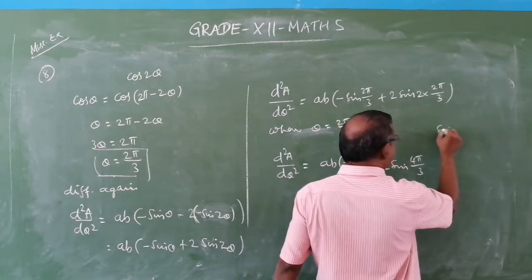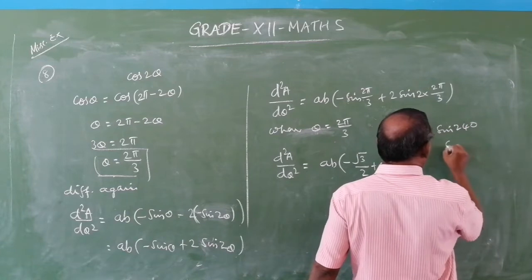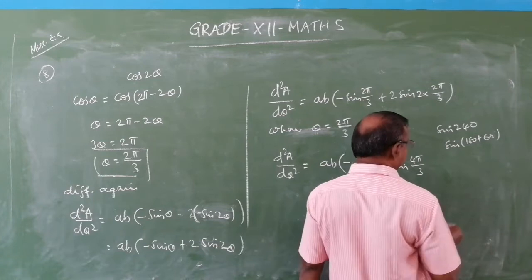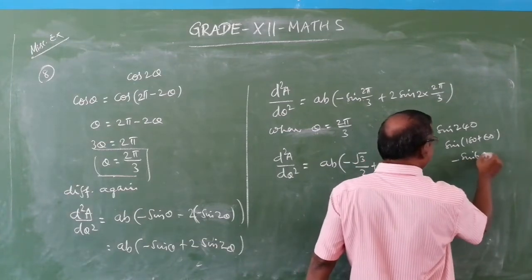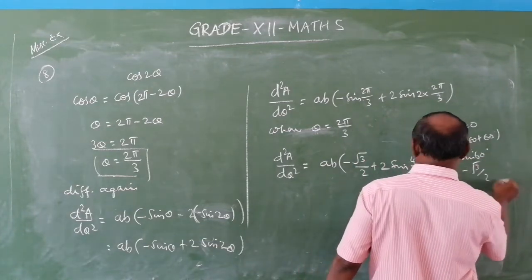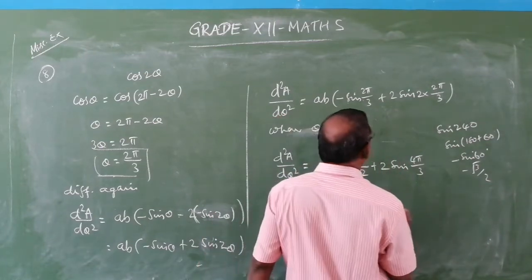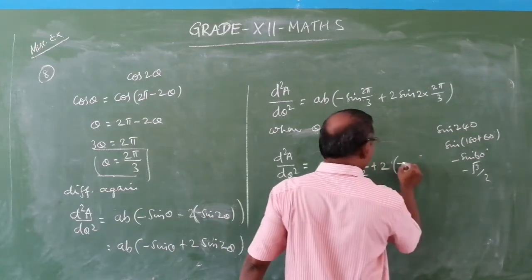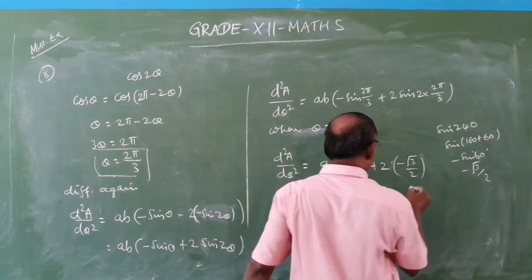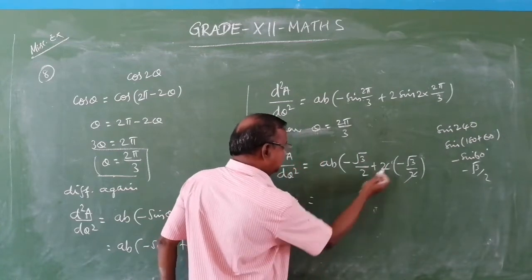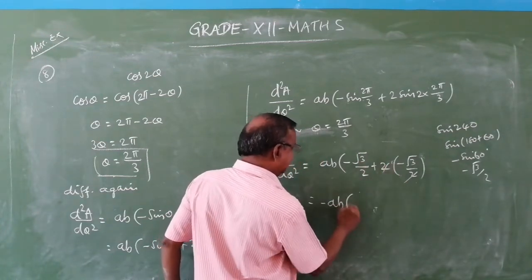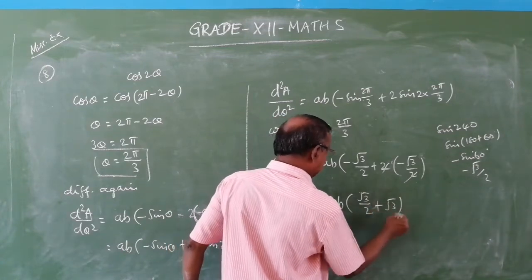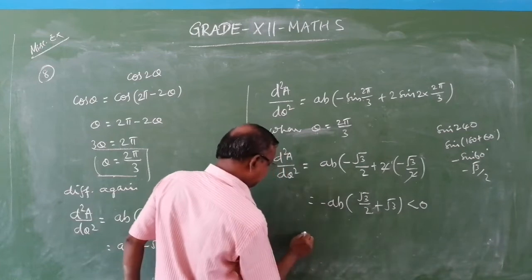4π/3 means sin 240°. Sin 240° is sin(180° + 60°), so it lies in the third quadrant, so it is minus sin 60°, which is minus √3/2. So taking minus as common, it is −AB(√3/2 + √3), which is negative. Therefore area